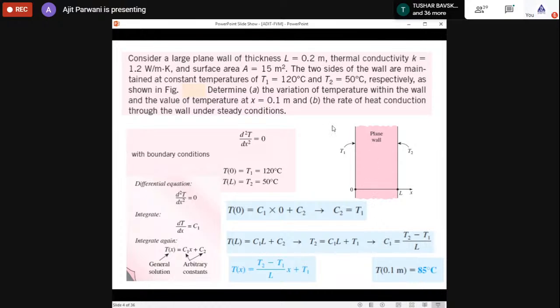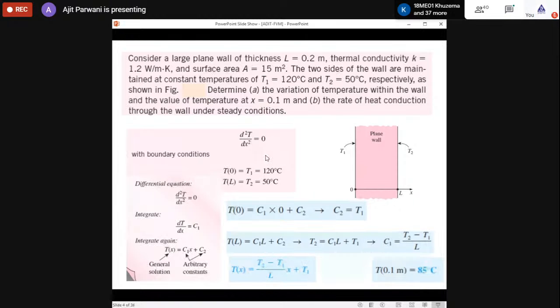So this is the beauty of this analytical method, that you can find out the temperature at every point you wish. Now you can solve this problem computationally, but for solving it computationally, you need to first define the grid points, and then you can solve this equation at these grid points only. The variables are stored only at the grid points. But here you will get a closed form of solution, so you can use this equation to find the temperature at any point.